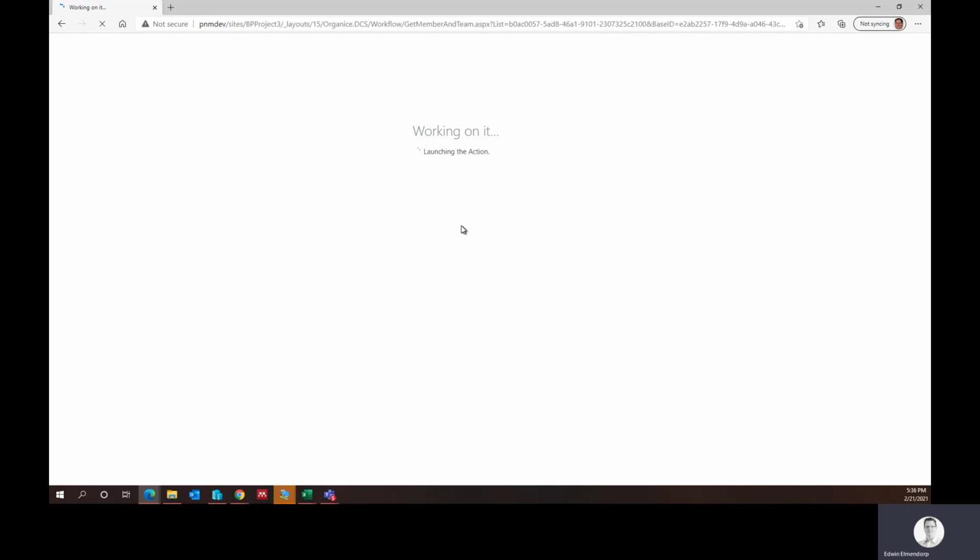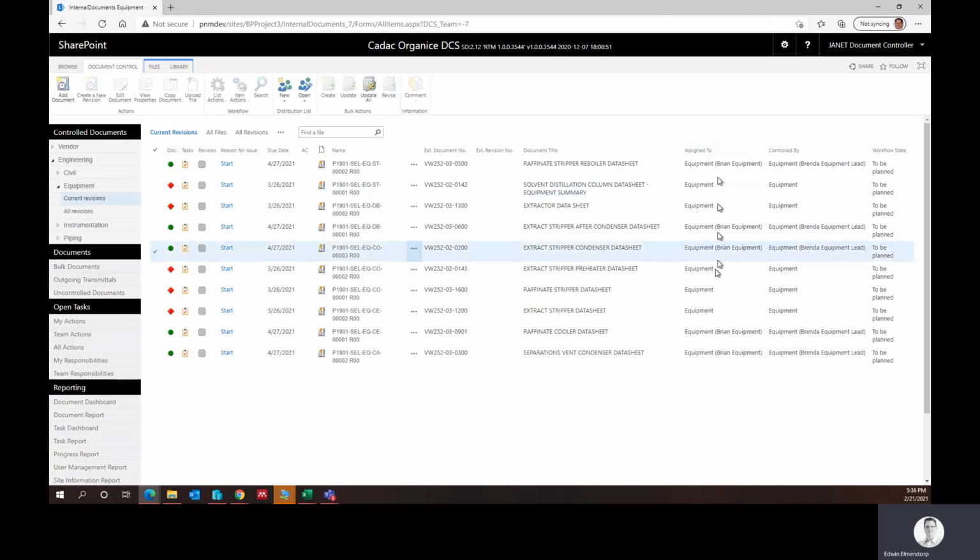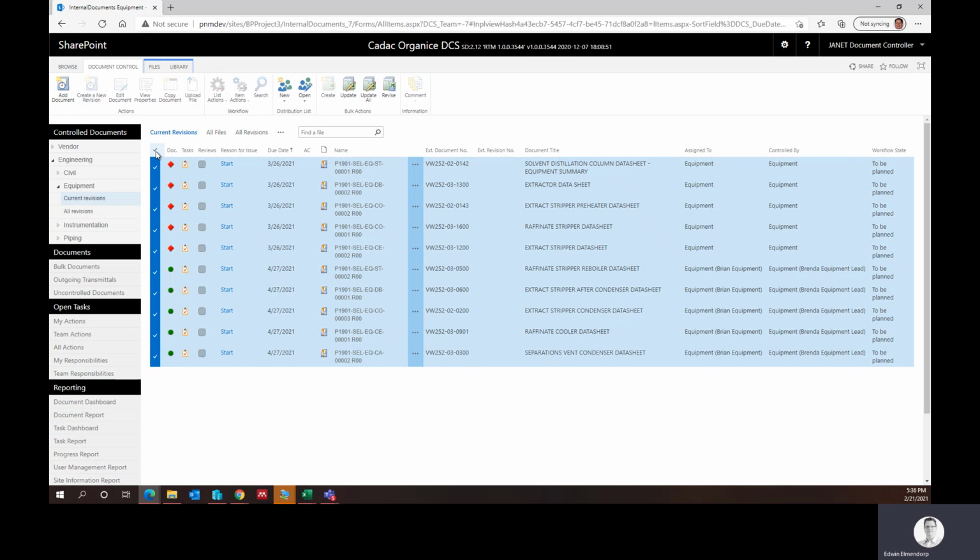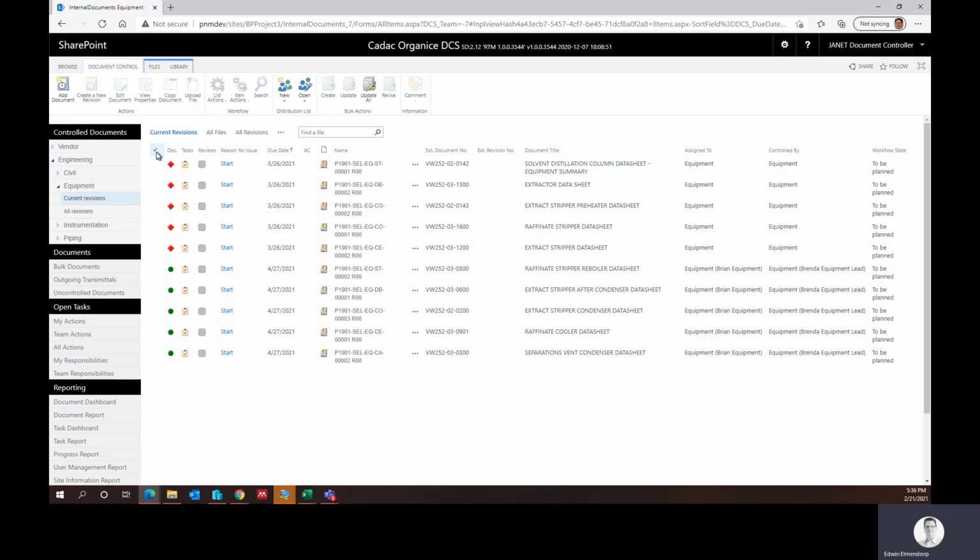All right, so now we essentially start assigning all of the documents to the individuals that need to work on it. As part of our next step, we're going to start the life cycle of these documents so that people can perform the actual work on it, right? So in this case, they still need to be